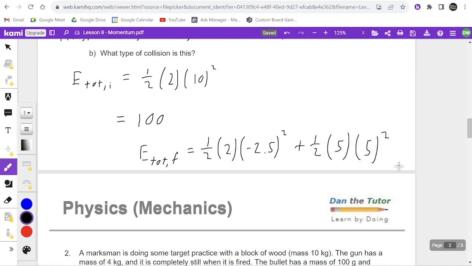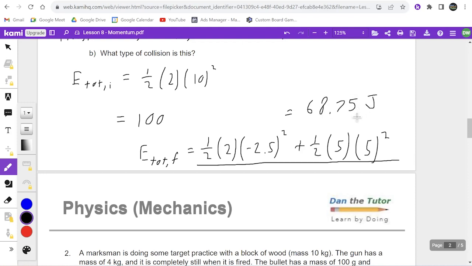So there's the setup, and now I can just plug this entire thing in a calculator and I'll get my answer. But before I do, one thing I just want you to notice is the fact that, see how the velocity is negative for one of the parts? Well, since you're squaring it, it's not going to be negative, it's going to be positive. So in other words, you should never have a negative energy, it should always be positive. Anyways, you plug this in a calculator, you get